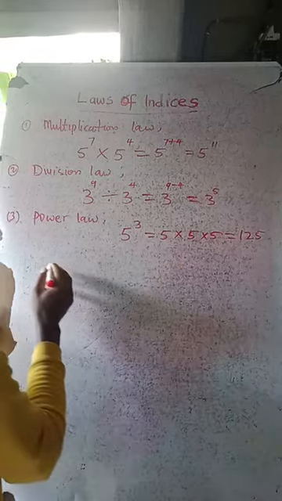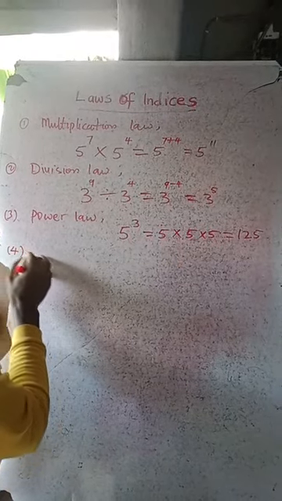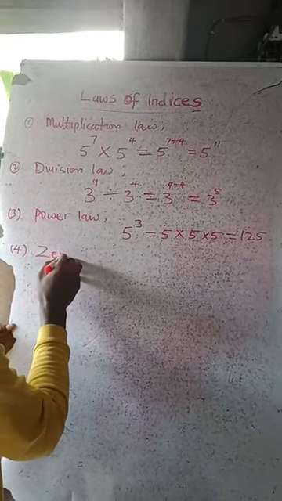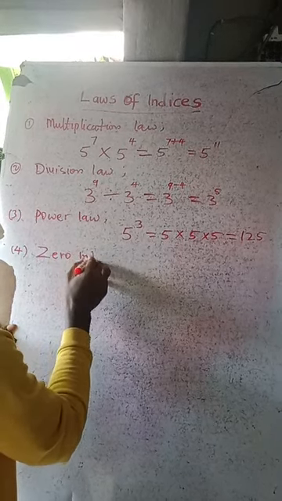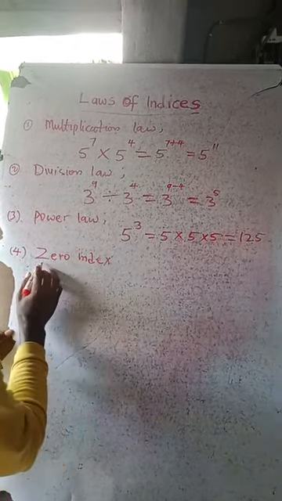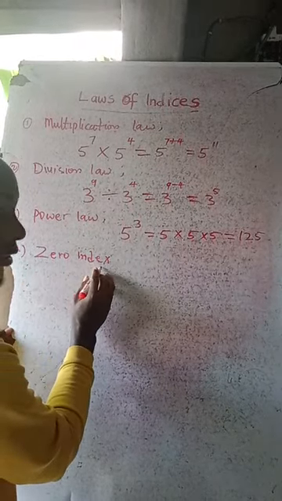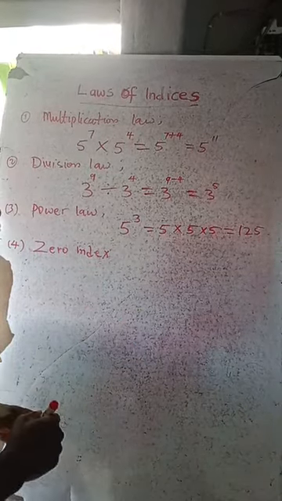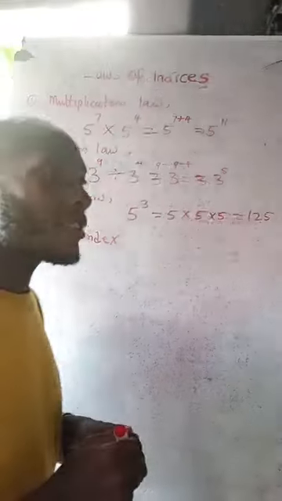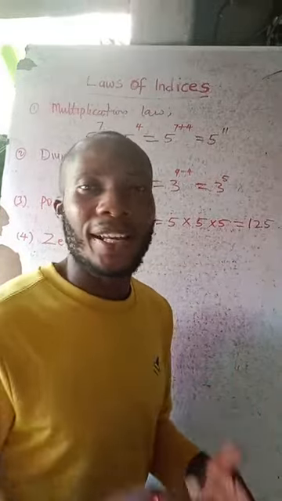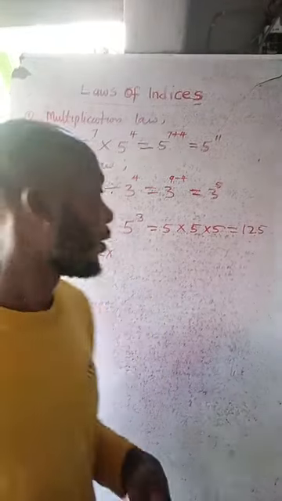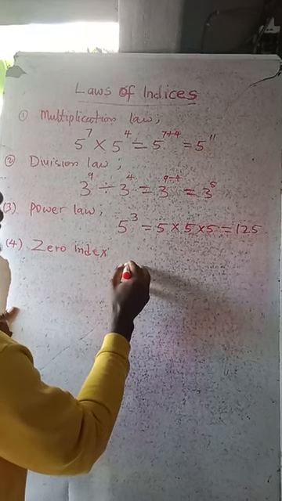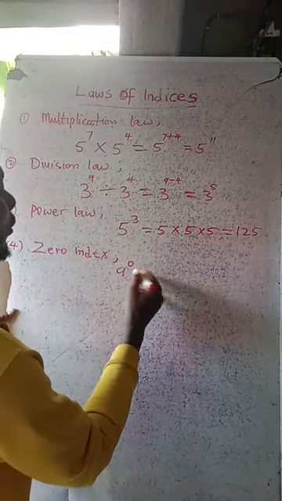So the next one is zero index. You know what zero is? You know what index is? I told us that index is power. So when we say zero index, it means when the power is what? 0. That is the meaning. When the power is what? 0. Alright, for instance, if I have a raised to the power 0,